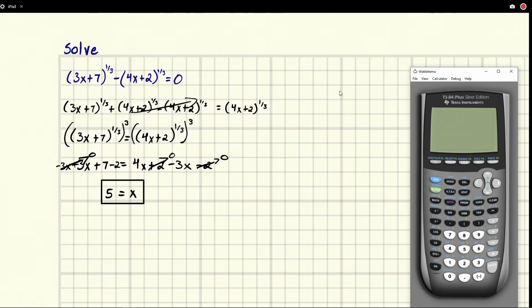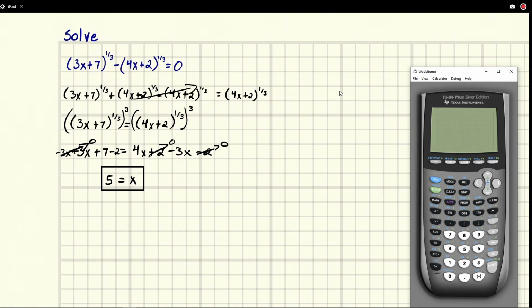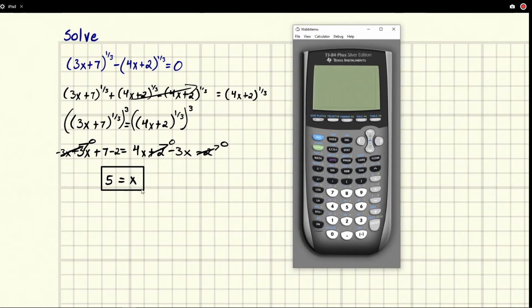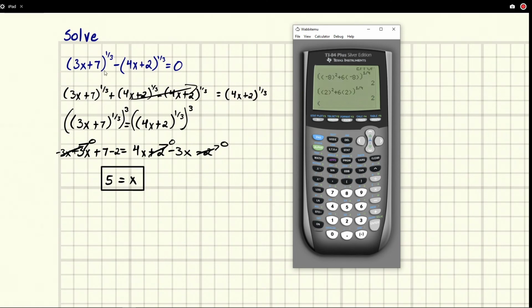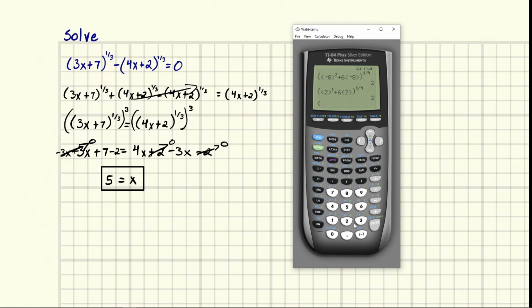So we've got 5, and now we could plug it in just to check that this is indeed correct, but we don't need to check it in case something screwy might be going on with the roots. Let's just check it for fun and make sure that we didn't make any arithmetic mistakes. So that's going to be 3 times 5, that's just 15. 15 plus 7 raised to the 1/3 minus 4 times 5 is 20, so that's 20 plus 2